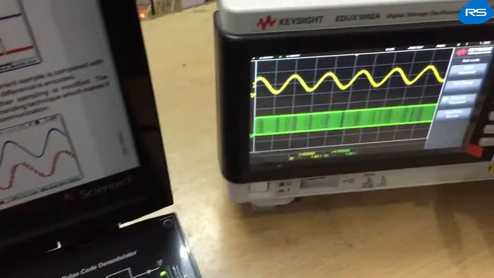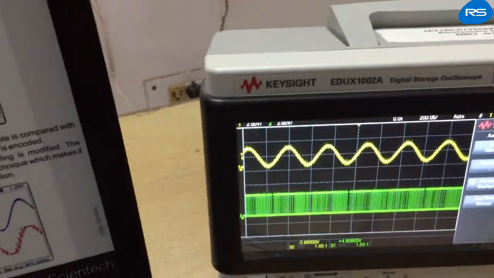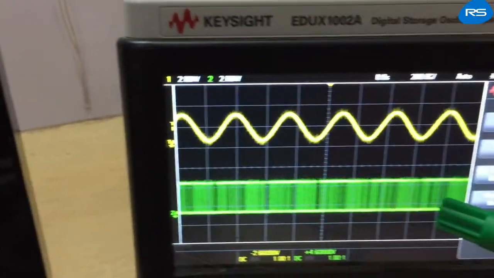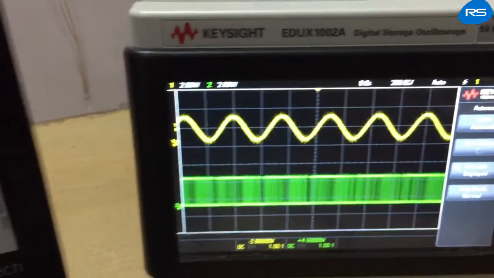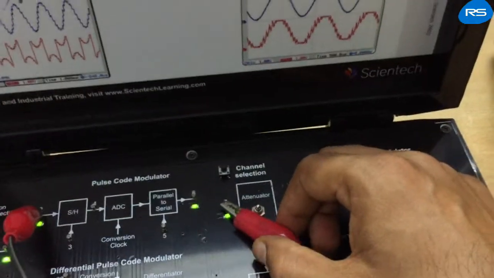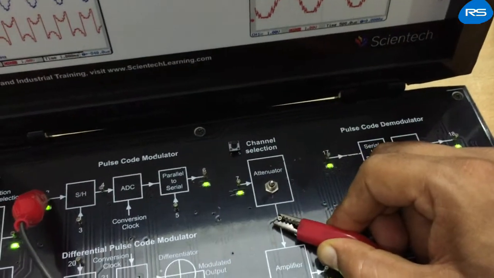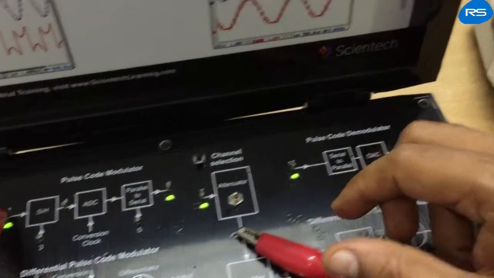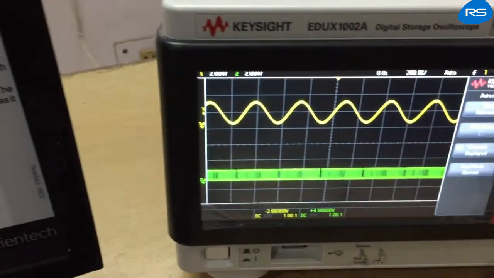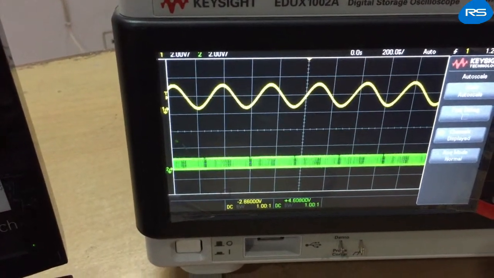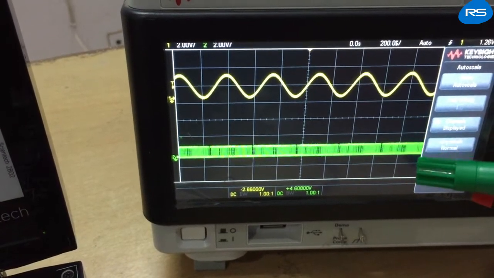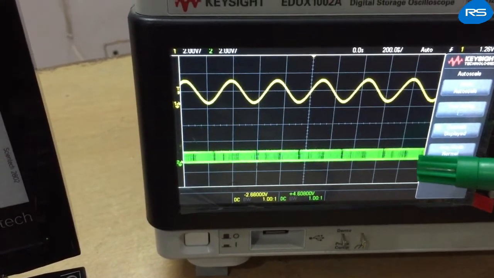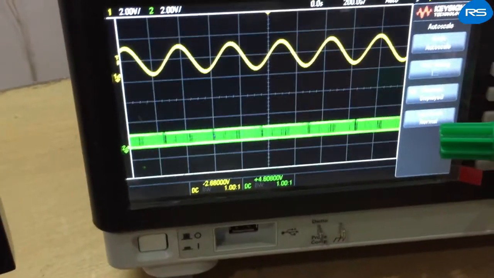So this is our pulse code modulated signal before attenuation takes place in the channel. Now let us see the change in the amplitude level after attenuation. You can observe that the peak to peak value of the signal has been reduced